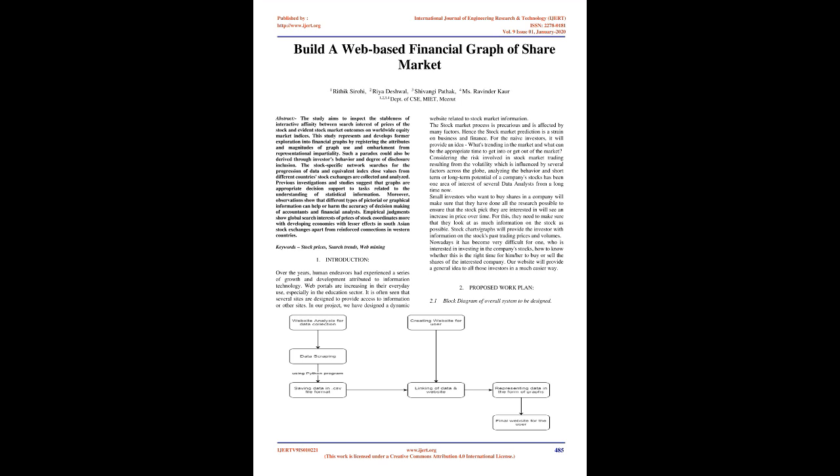This study represents and develops former exploration into financial graphs by registering the attributes and magnitudes of graph use and embarkment from representational impartiality. Such a paradox could also be derived through investors' behavior and degree of disclosure inclusion. The stock-specific network searches for the progression of data and equivalent index close values from different countries' stock exchanges are